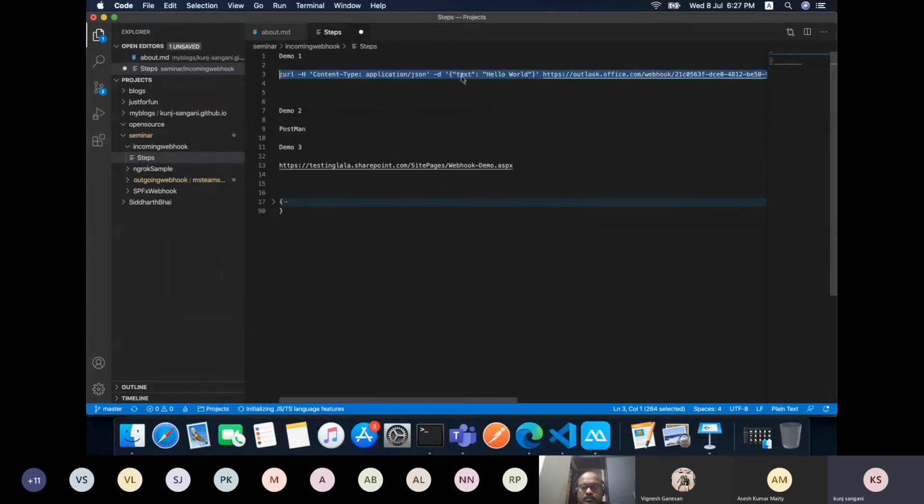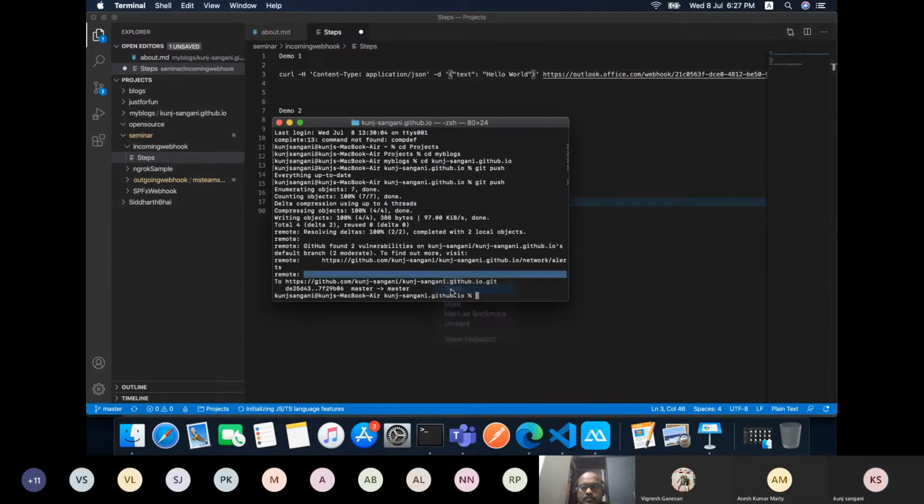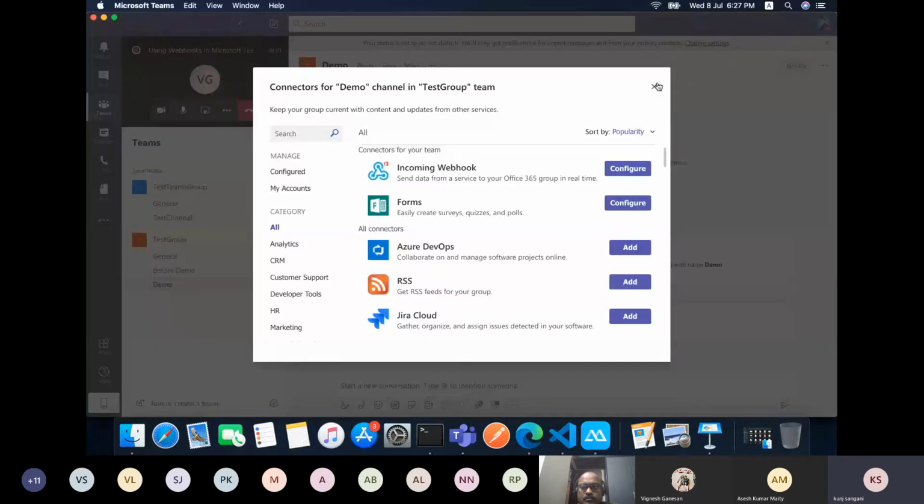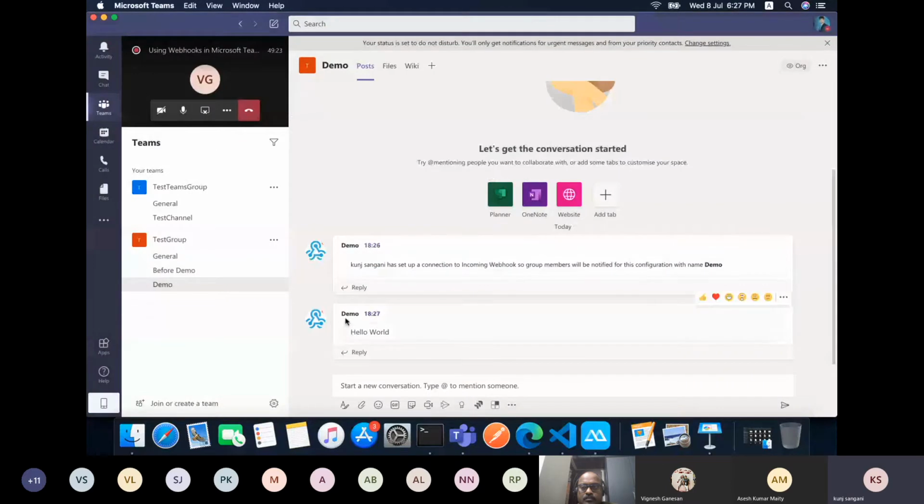Here, as you can see, we are sending the data in text format, and it would be hello world. The content type would be application JSON, so it is in JSON format, and let me send the data. As you can see, the response would be 1. Once we get 1, that indicates that we have sent the data. As you can see, demo is the user and hello world is the message that we sent.